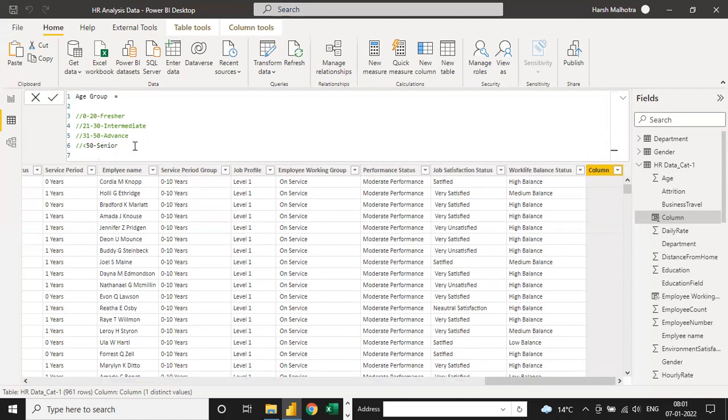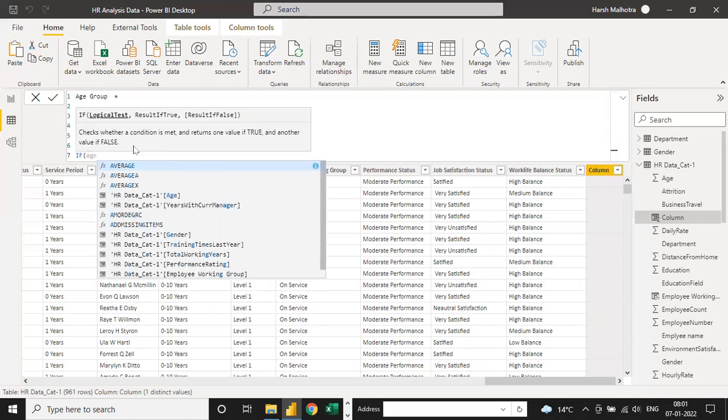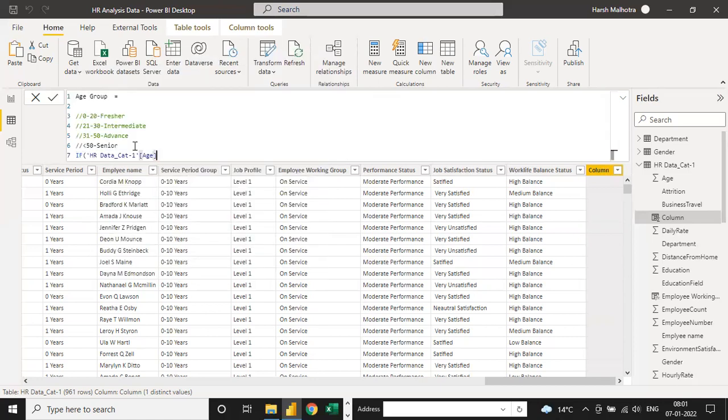So now we have to write a condition. If the age column, this one, is greater than 50, then the answer should be senior.